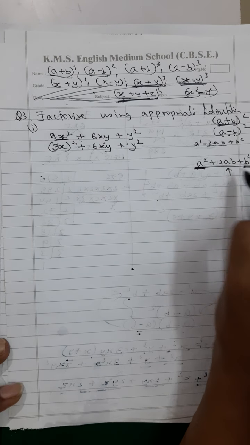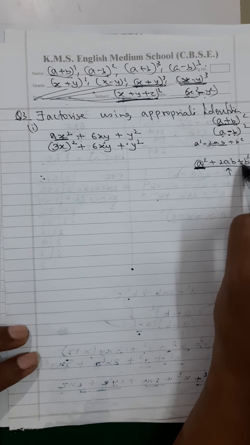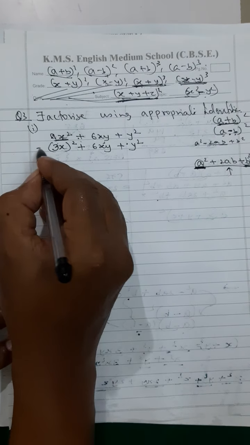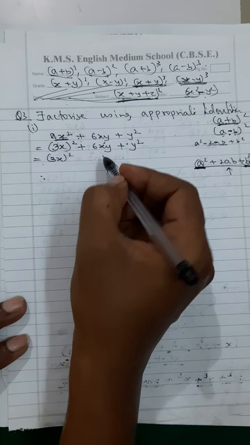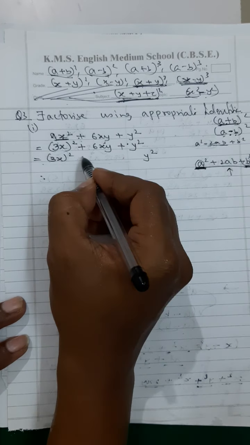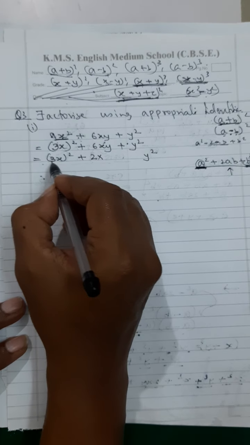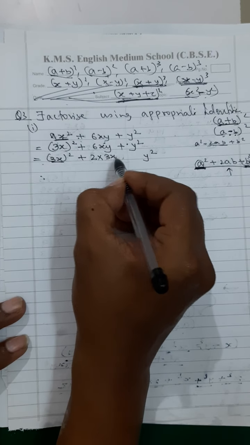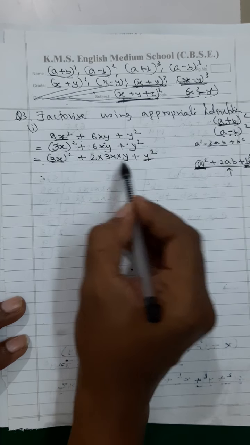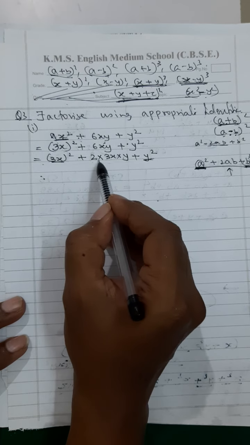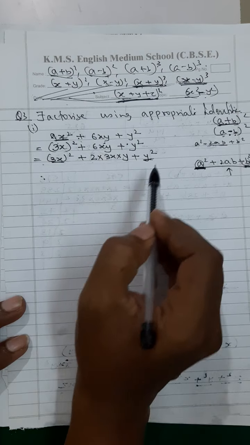Now the only thing is the middle term, but what is the middle term? Basically 2 into a into b. So I should see this 3x the whole square and y square I have got, plus is coming over here, 2 will come from outside, into what is a? 3x. What is b? y. Now I have to check whether I will be getting what is over here. If I multiply this, what do I get? 2 3s are 6xy, 6xy, it is right. So this you should get automatically.